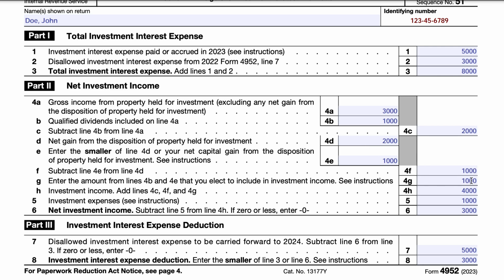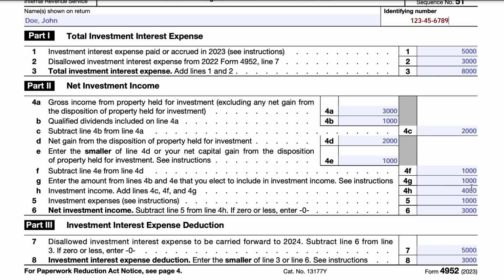So in this case, John Doe decided to take $1,000 from, so line 4B and 4E are $2,000. He decided to take $1,000 of that and include that in his investment income. And then that will be kind of nullified by the interest expense down here in the bottom. So to calculate the total investment income, we take line 4C, 4F, 4G, we add it all together, and we